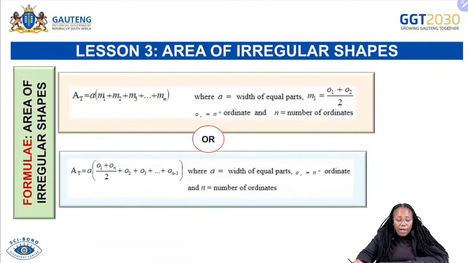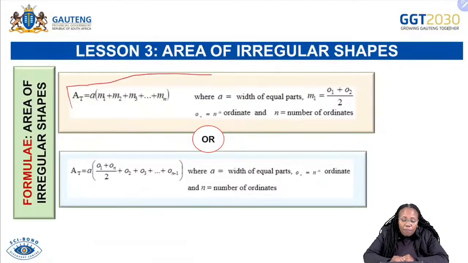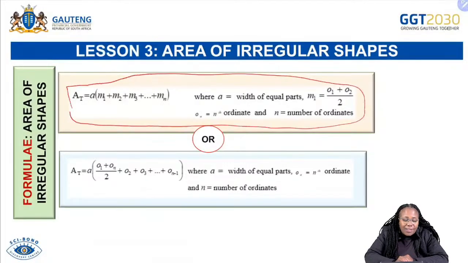And then now we look at the area of the irregular shape. This is the easiest topic on your paper, grade 12, and most of you are not writing this. You'll get the formulas at the back of your formula sheet. It is written exactly like that. That is the total area of the irregular shape, which is A, and then this A